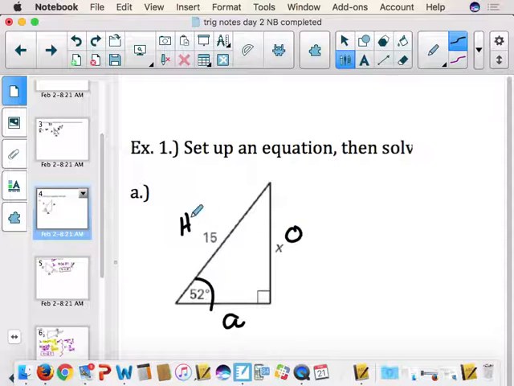We have two sides here: we have 15 and we have x. What trig function uses the O and the H? Which of our three? Good, it's SOH from SOHCAHTOA, and that means sine. So the sine of 52 degrees,